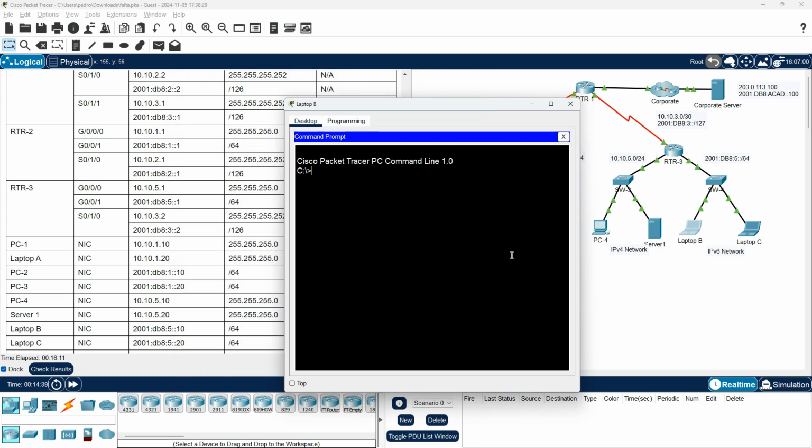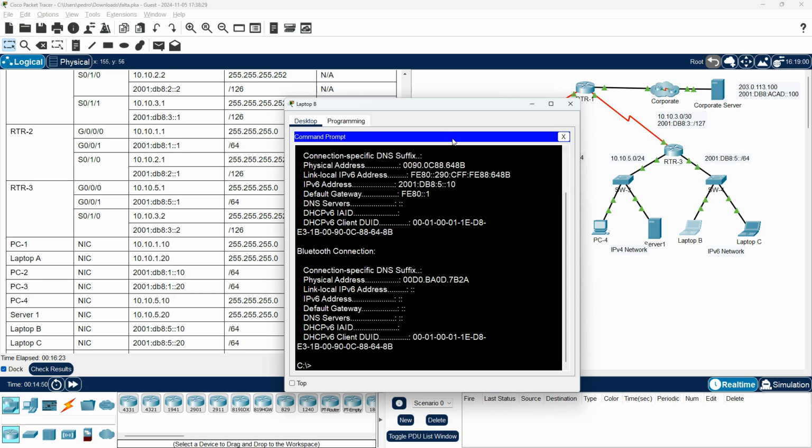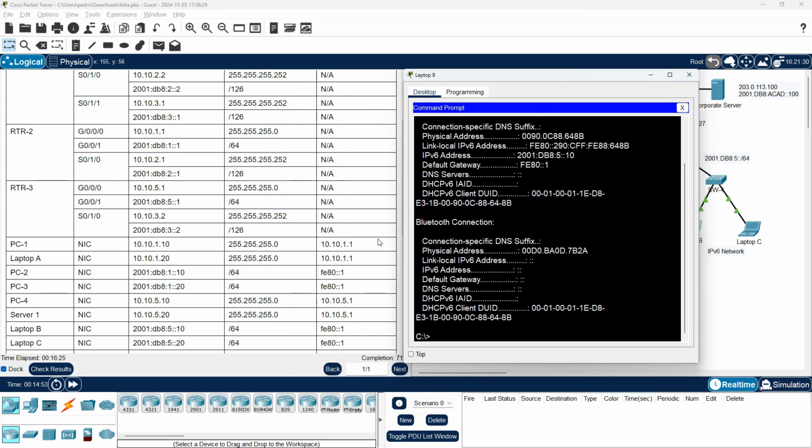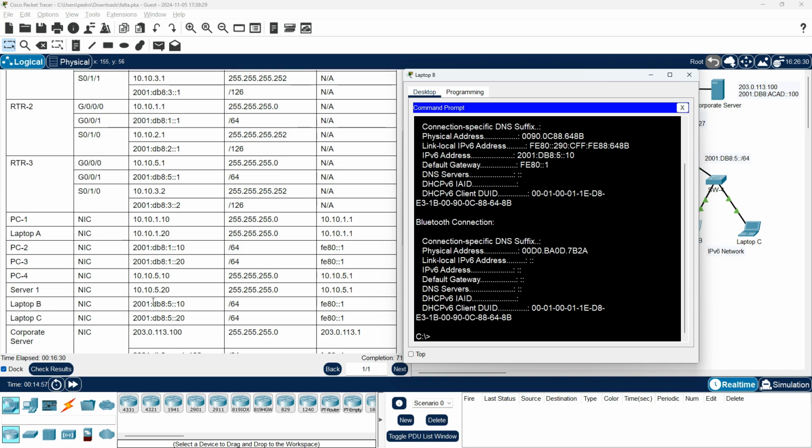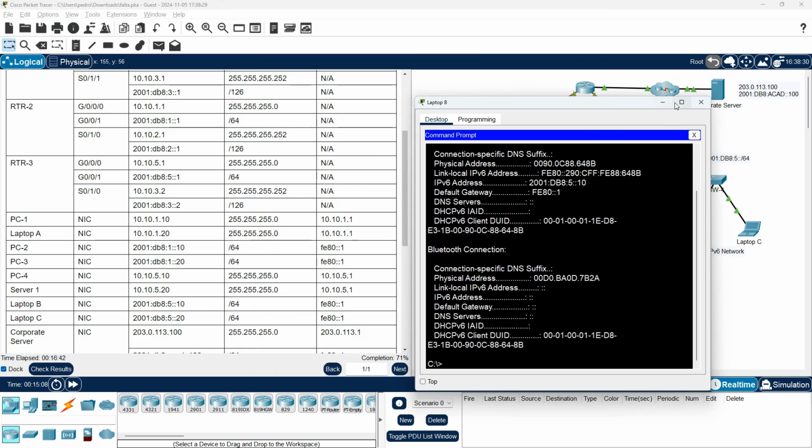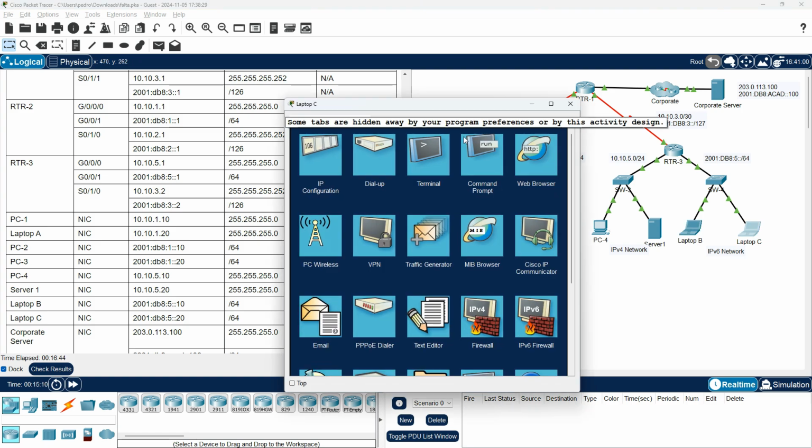Command prompt, execute the same ipv6 config /all and check in the table. Laptop B, okay, 201:DBA:5::10, okay, and default gateway FE81, okay. And laptop C,